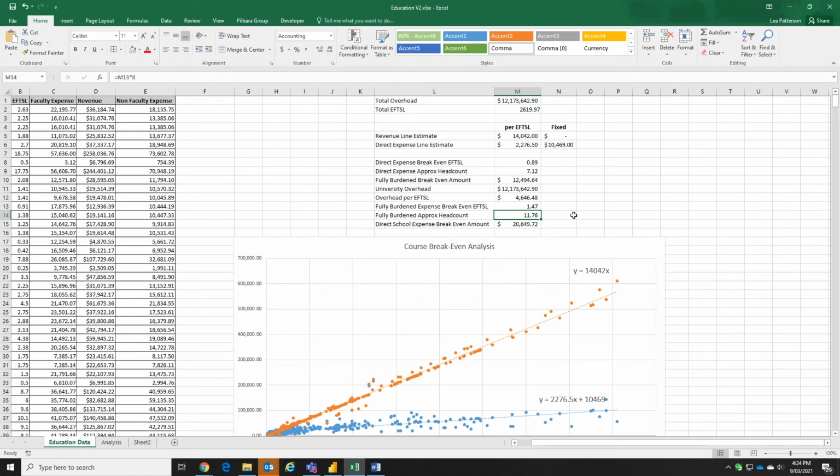So what does this actually mean? Well, simply any course with less than 7 students should be seriously reviewed because they aren't even covering their direct costs. But the courses with between 7 and 12 students are covering their direct costs and contributing towards this $12 million overhead. Now, this is really important to understand because if you remove the courses between 7 and 12 students,